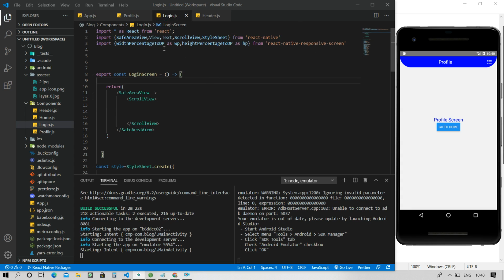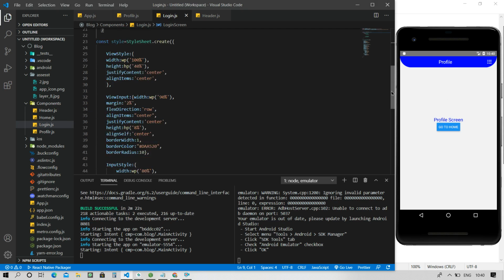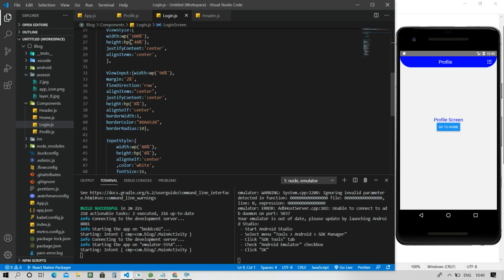Width percentage to DP gives the screen width horizontally of our emulator screen, and height percentage to DP gives the vertical height of a screen. So I am using here width as wp of 100%, height as hp of 40%, so it's giving 40% of the screen. I think you understand easily.